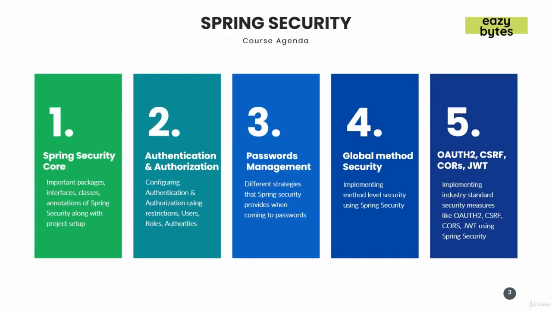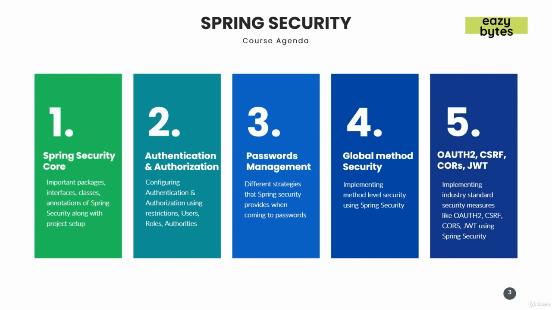This is the course agenda that we'll be covering in detail in the entire course. Initially, we'll start with Spring Security core features like what are important packages, interfaces, classes, and annotations available in Spring Security Framework along with the project setup using Spring Security Framework. Post that, we will also speak about what is authentication, what is authorization, how to configure it inside your application, and how to apply restrictions to your end path URLs or APIs, and how to configure roles and authorities, along with what are the different strategies that Spring Security provides when coming to passwords like storing them, encrypting them, decoding